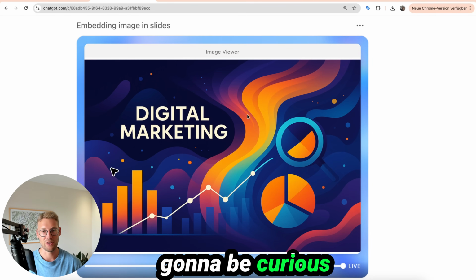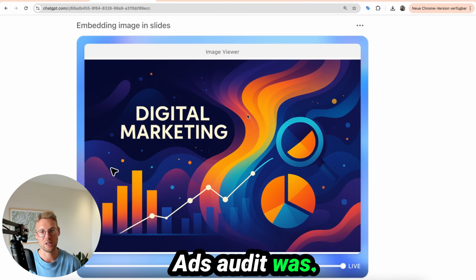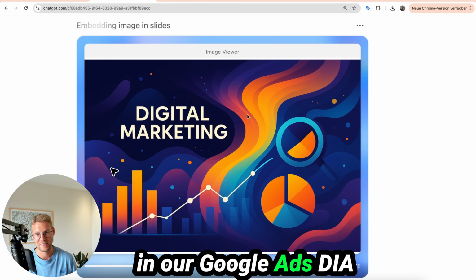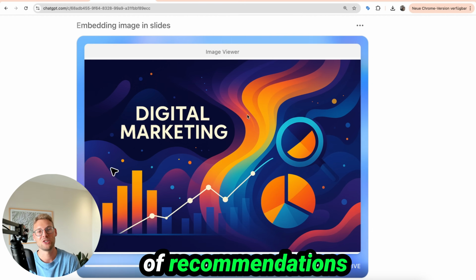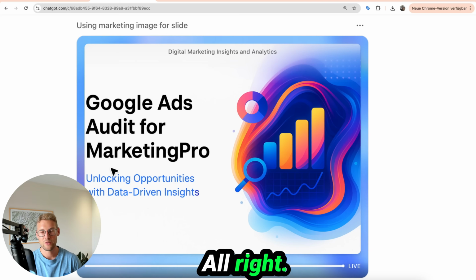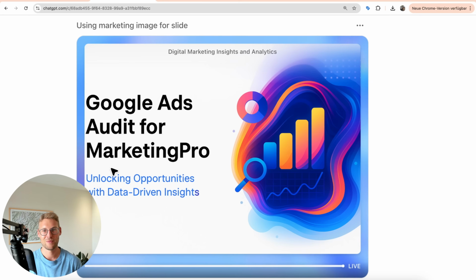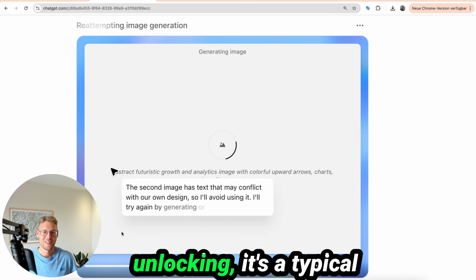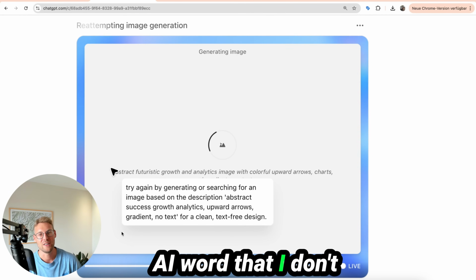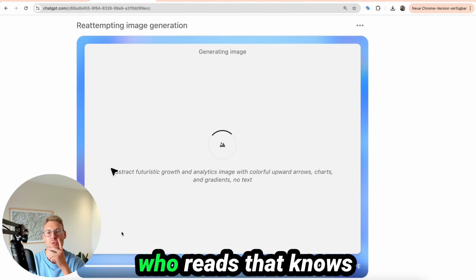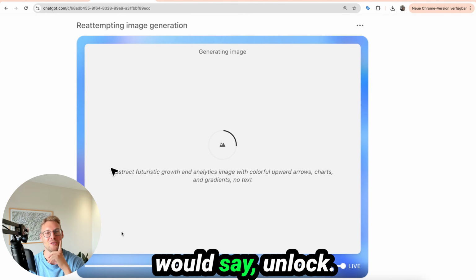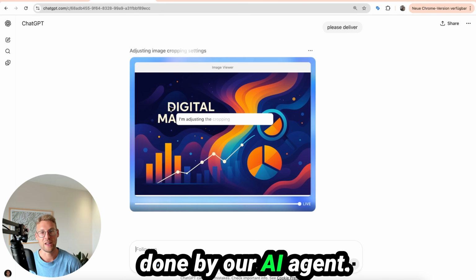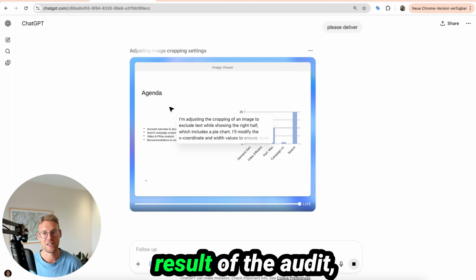And now you're going to be curious what the Google Ads audit was. Now we're going to be curious what the ChatGPT AI agent found in our Google Ads dummy account and what kind of recommendations it suggests. All right, we have the title of our slide. Looks quite nice. The subheadline says unlocking. It's a typical AI word that I don't like, and everyone who reads that knows that AI wrote that because nobody would say unlock. So here we have these slides now ready, done by our AI agent. Let's look at the result of the